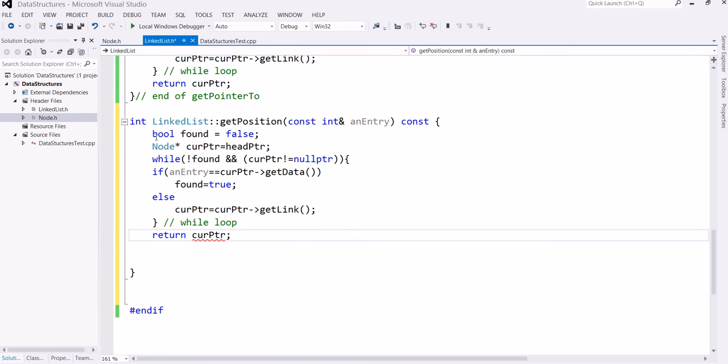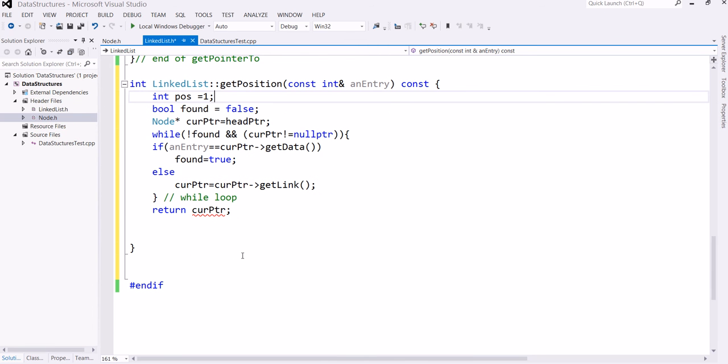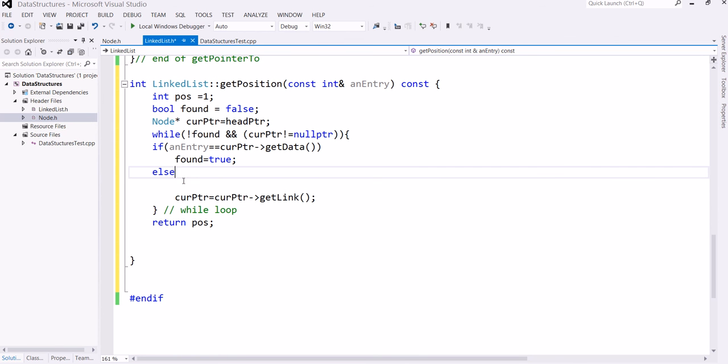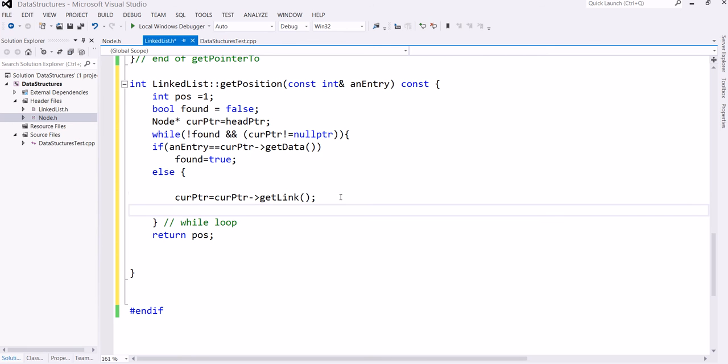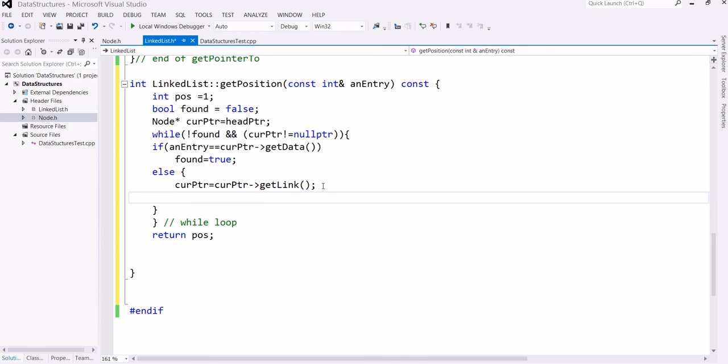I start from one variable pose equal to 1, and then return pose, and if found then we can return pose, if not found then we can have here loop, this one up to here, else part. So we can have I plus plus, sorry, not plus plus pose. So because we have started from 1,